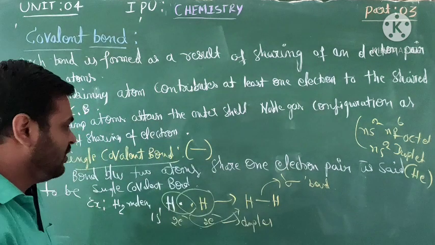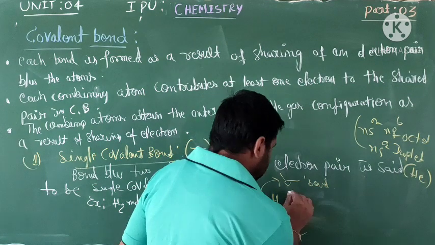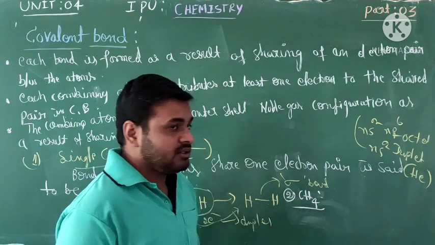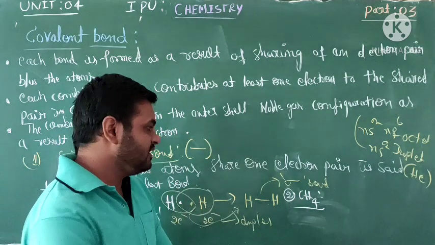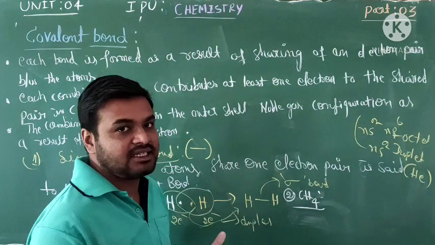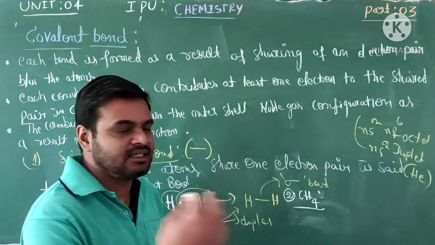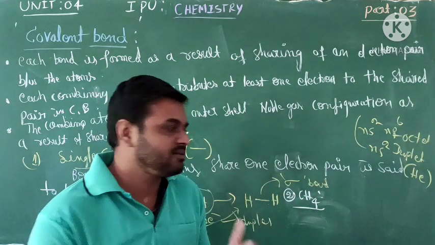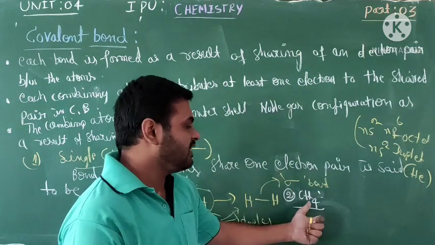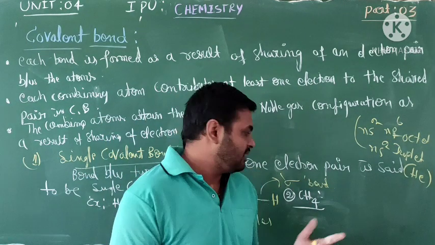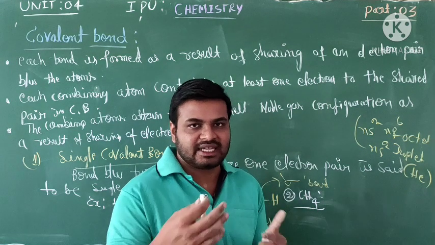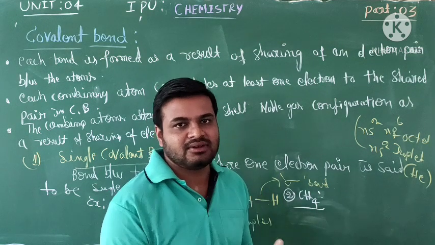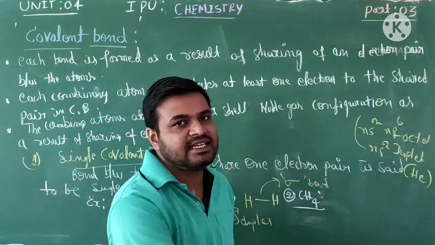Let me go for one more example, CH4, methane. You have to choose which one is the central atom and which are the end atoms. In a Lewis structure there are some rules and facts to guess the central atom and the outer end atoms. Hydrogen is always at the end, because it has a high electropositive character and is a losing nature, so it is always at the end of a structure.